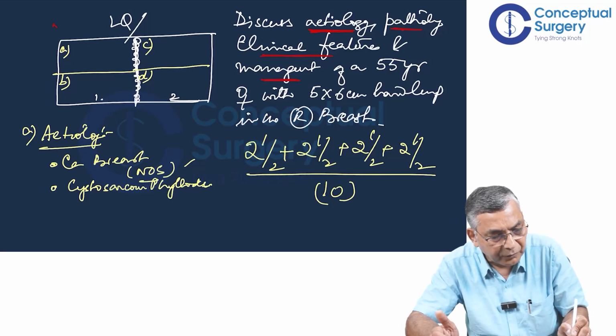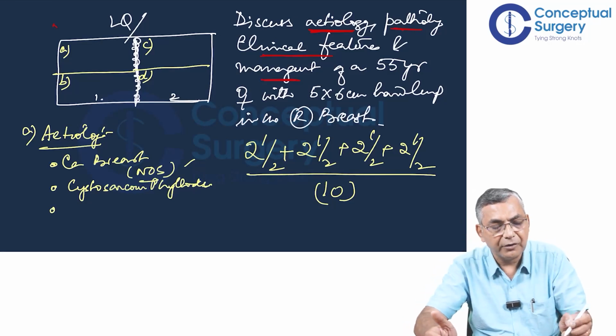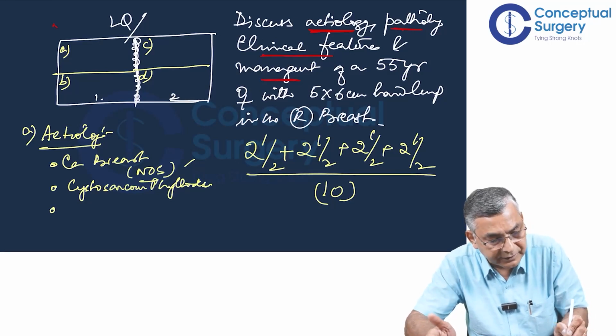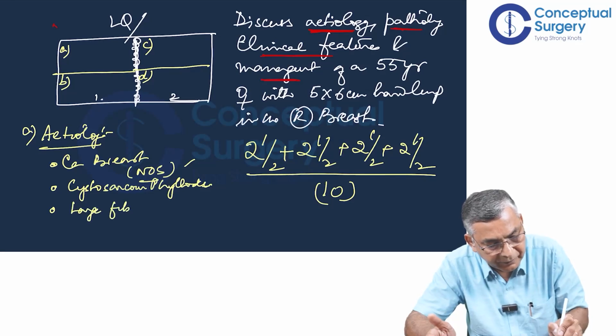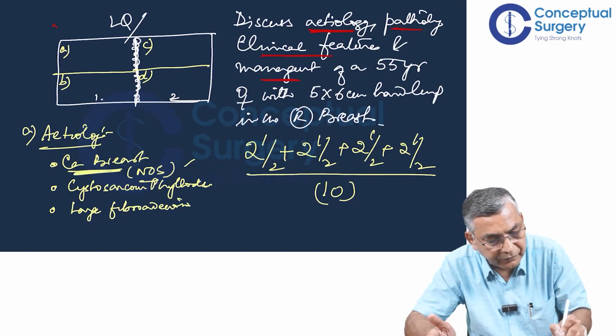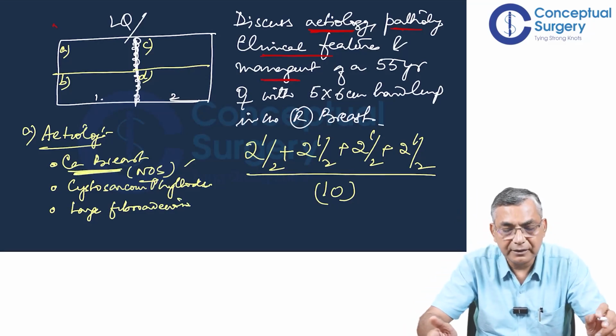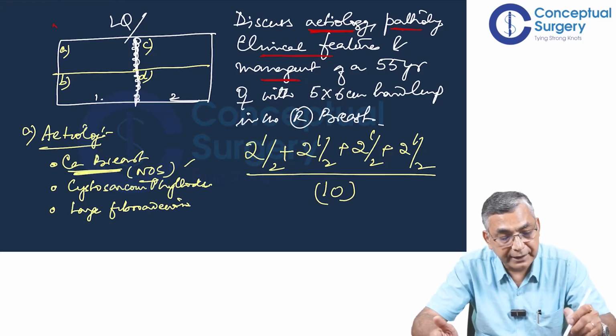And then possibly you would think of other causes, like it could be a large fibroadenoma, but mostly you have to be sticking on CA breast. So then you can go on to the second component